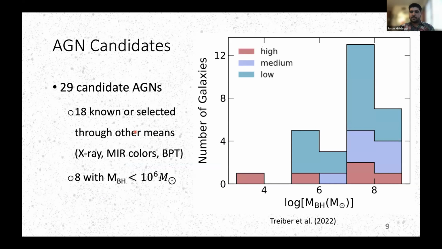So after putting all of this together, looking at all of our light curves that passed our cuts and doing visual inspection, we were left with 29 candidate AGNs. Of these, about two-thirds either were known in the literature previously or would have been selected through some other more typical AGN selection method. But of course, this indicates that potentially, similar to other studies in the past, we're finding a significant fraction, some tens of percent, of AGNs that are selected through variability but not other means.